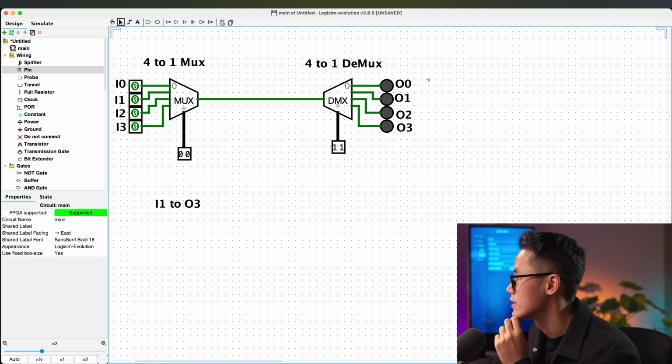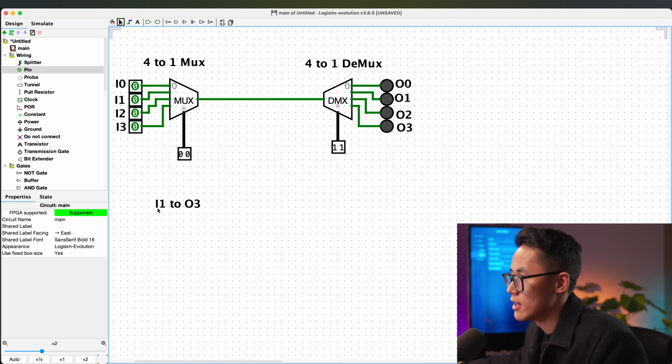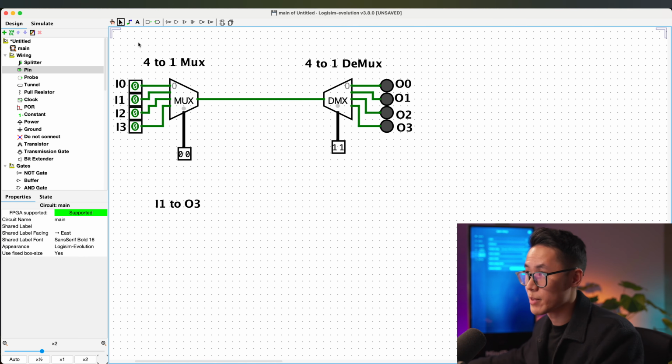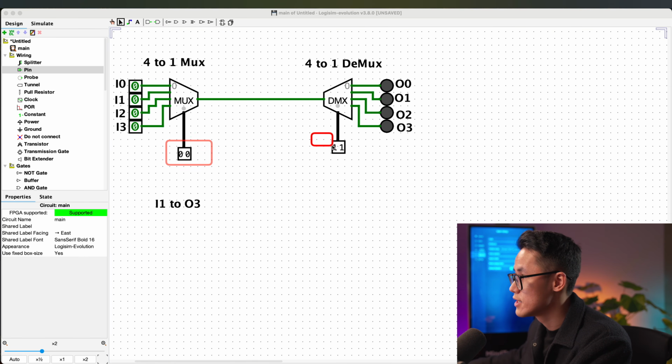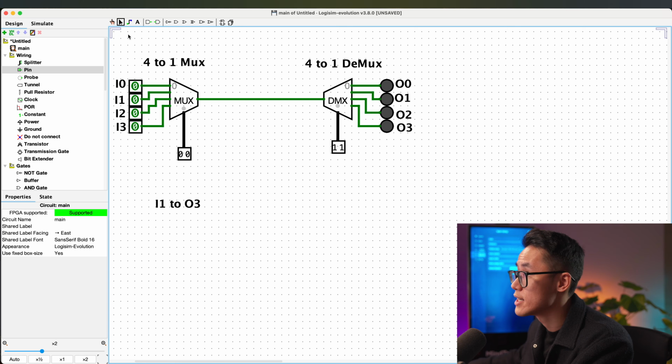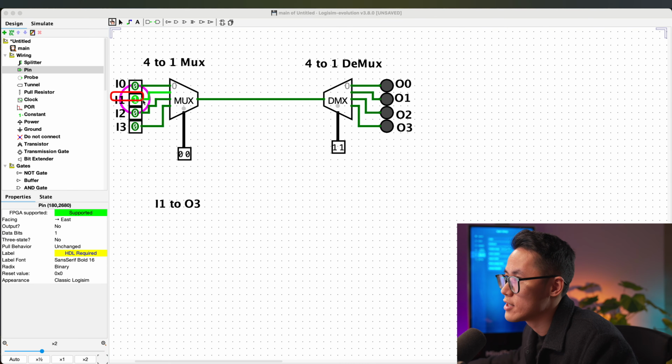Yep, like that. Okay, so now if the task is to connect I1 to O3, how do you do it? So you do it step by step. First of all, you need to control this thing. Okay, so I1 is which one? I1 is this one. So now if this is on and I want to connect I1 to O3, which means O3 over here,